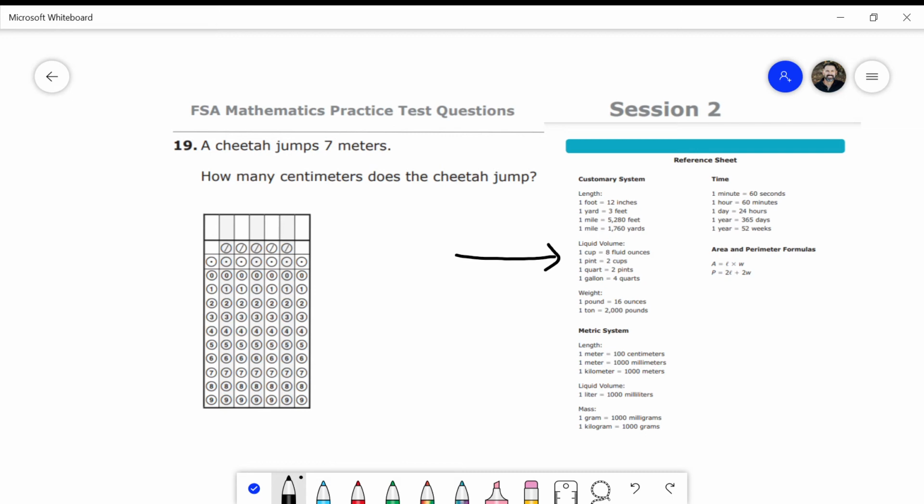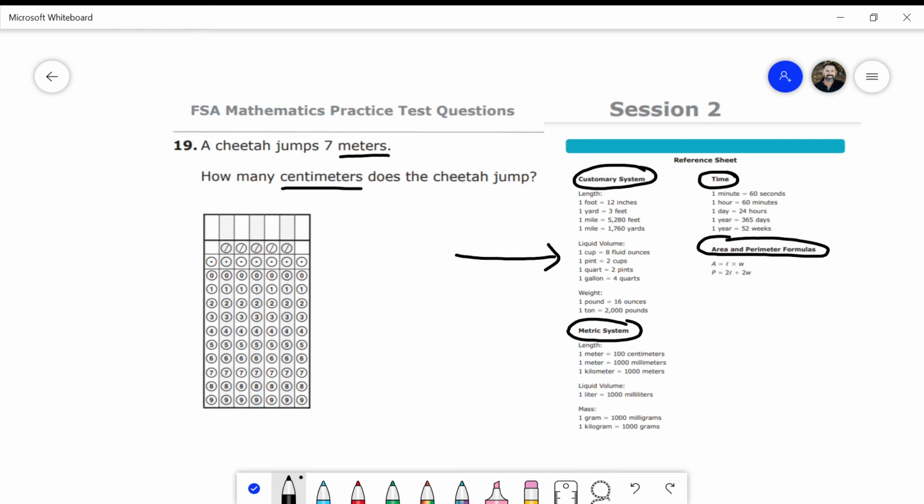So it's not as convenient when you get to a question that has meters or centimeters or feet, yards, anything in the customary system, metric system, or time, and even area and perimeter. It won't have these conversions on the same page as the question. You really have to make that effort and go to the front of the FSA packet